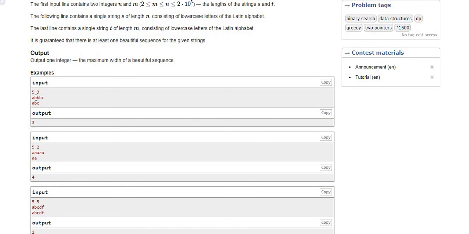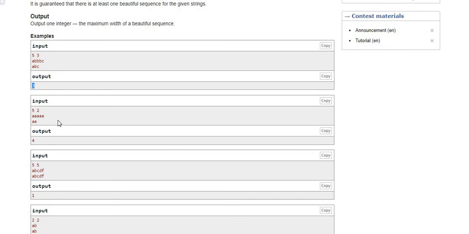If I take 1, then BB gets matched, and finally I can take this C, which is at index 4. So 4 minus 1 is 3, because 1 minus 0 is 1, and 4 minus 1 is 3. So 1 comma 3, which is the max, 3. So that's why the output is 3.